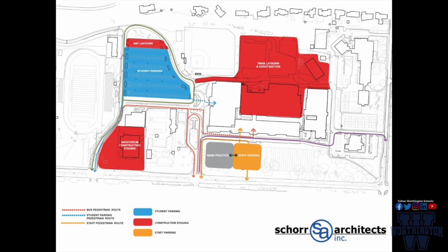Moving to the left, you will see that the student parking lot will remain in blue. It's probable that we'll designate some of those spots as staff parking as well, just to make sure that we're covering ourselves for days that we have substitute teachers, traveling teachers, but it's probable that that will occur. And we've had a lot of conversation about the laydown area for the natatorium. Because that's a separate project, they'll need a separate area, a separate trailer. At this point, we've landed on that north section, trying to keep it out of the way and in the less desirable parking spaces. So they will fence that area in red, and that will be their laydown area for